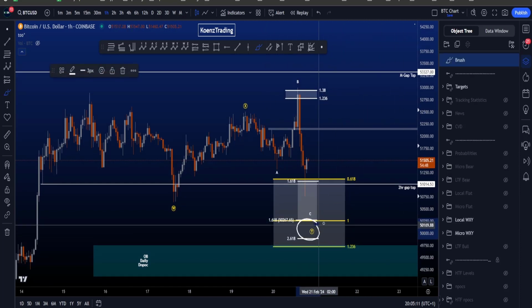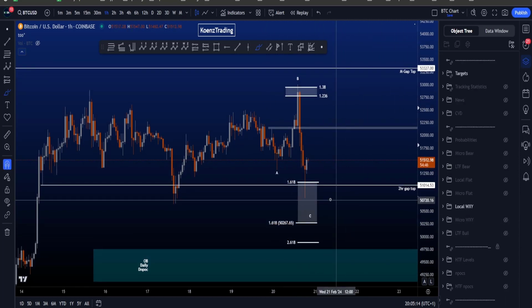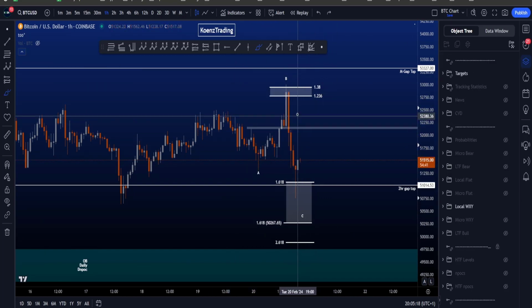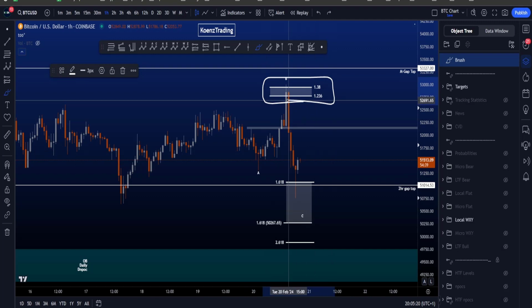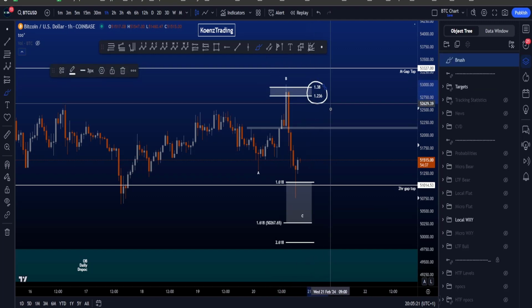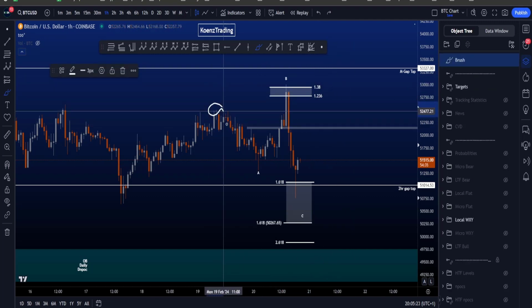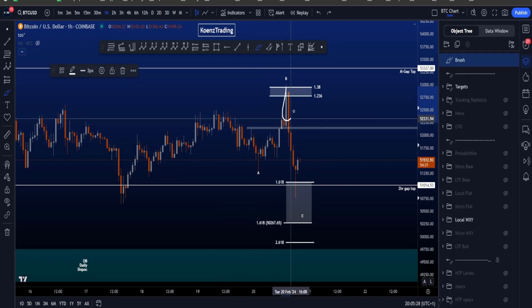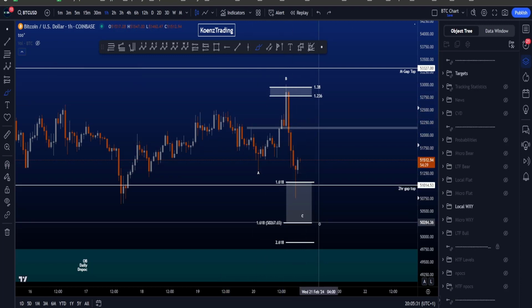Inside this wave Y, as mentioned, we are then looking for a flat structure in a wave A, B, and then a wave C to the downside. Common target for a wave B is between the 1.38 and the 1.236 Fibonacci, taken from the high to the low of wave A. After B is in, we are then looking for an impulsive structure to the downside in